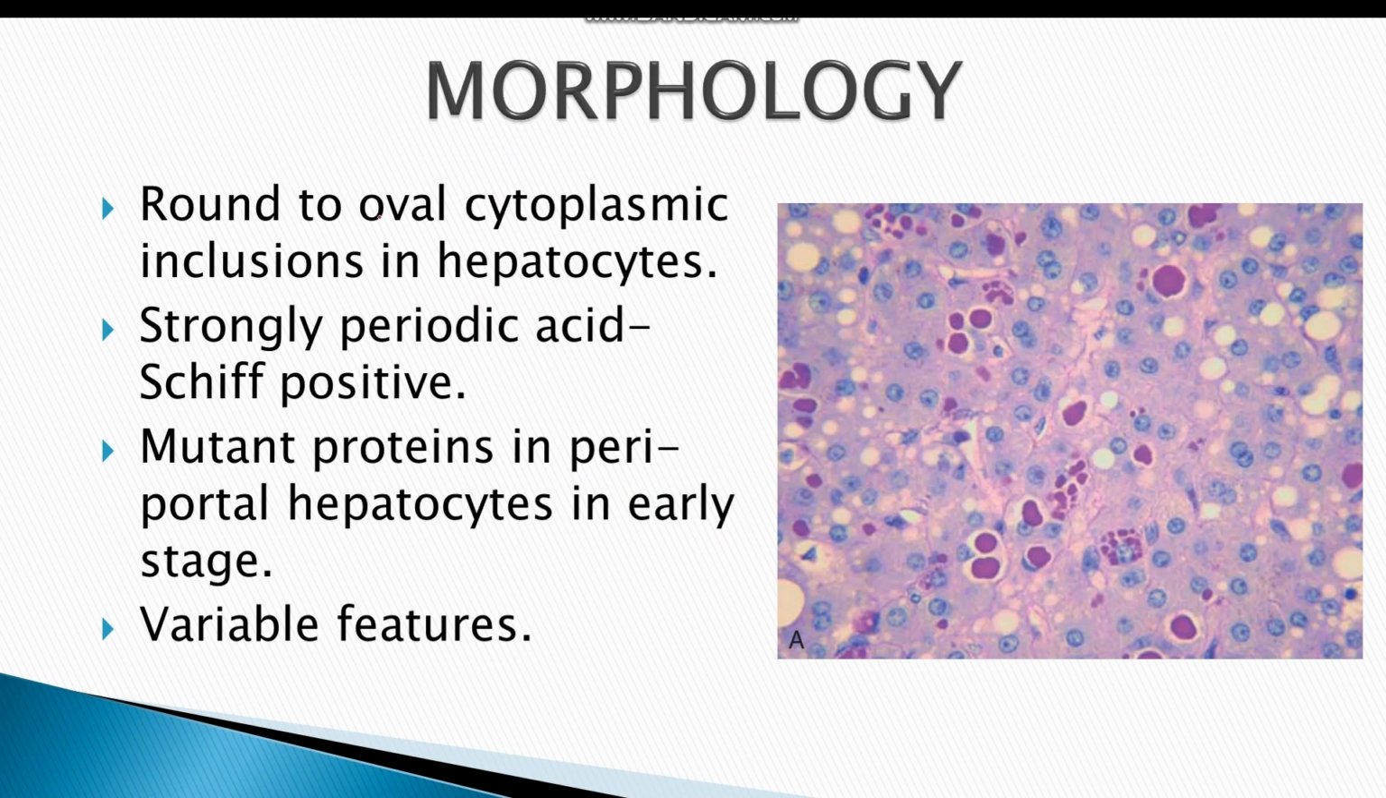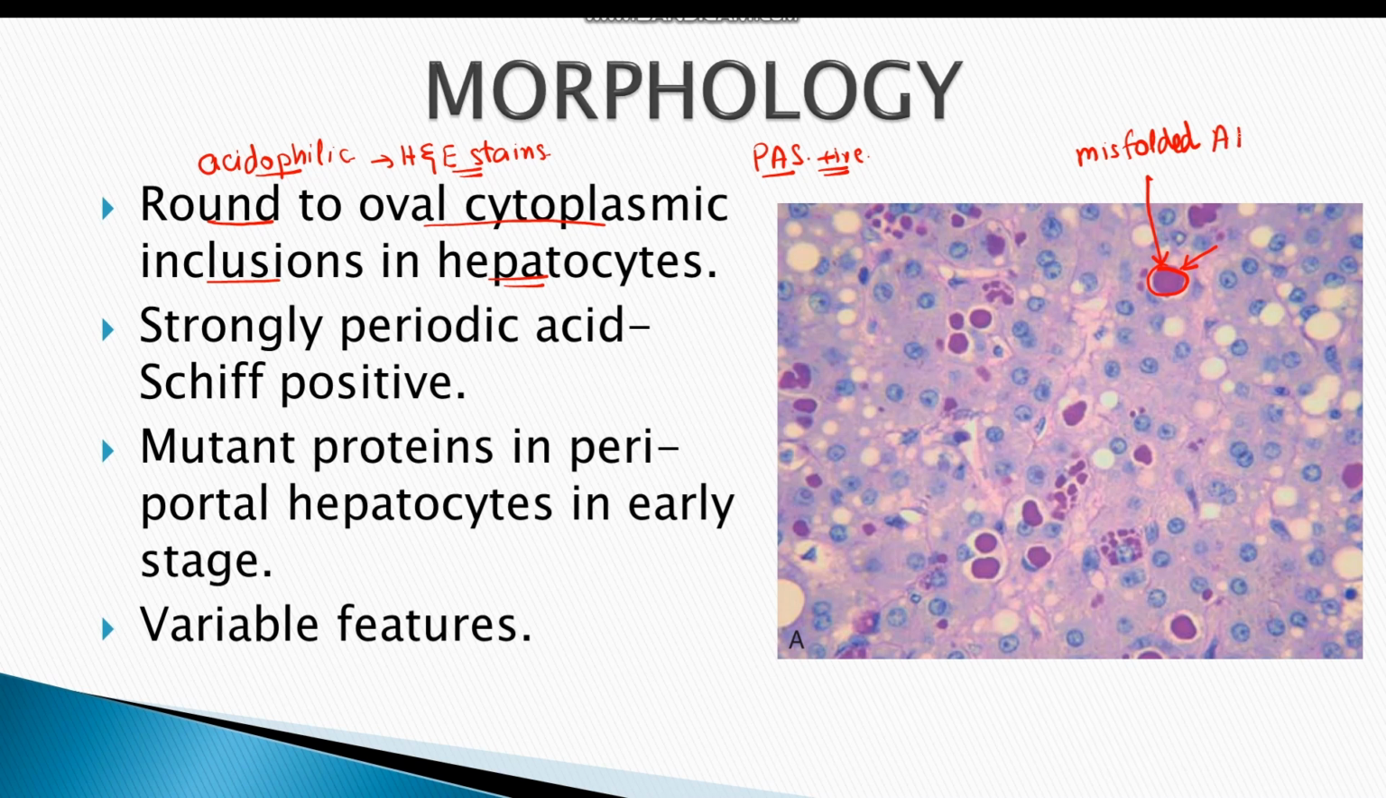The histological picture of the liver reveals round to oval cytoplasmic inclusions in the hepatocytes. These inclusions appear acidophilic on H and E stains. Moreover, these inclusions are also PAS, or periodic acid Schiff, positive. As you can see here, this is a hepatocyte, and this magenta colored inclusion is actually a misfolded alpha-1 antitrypsin